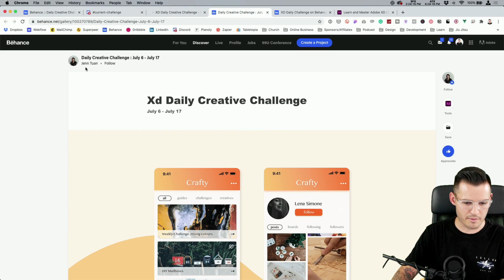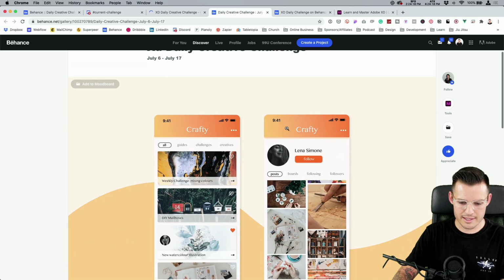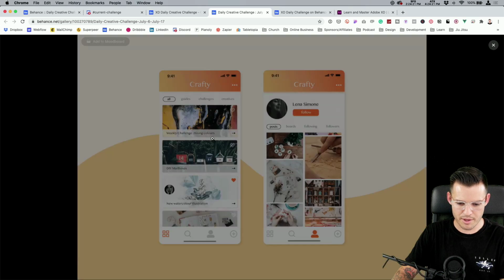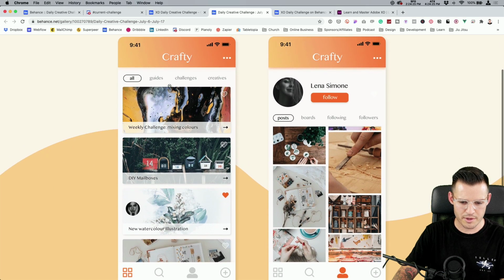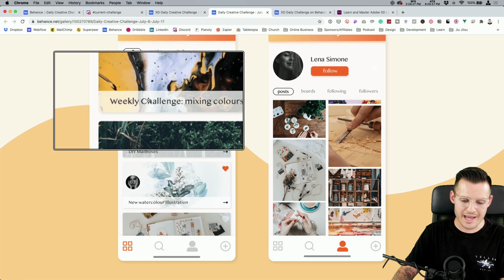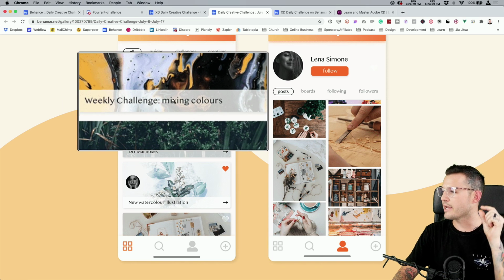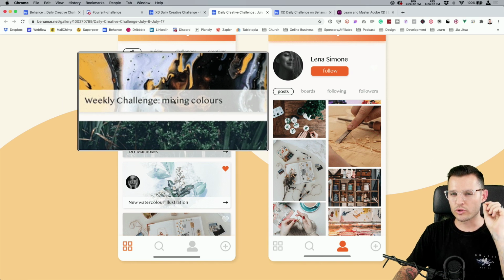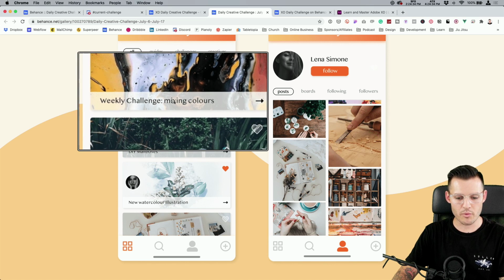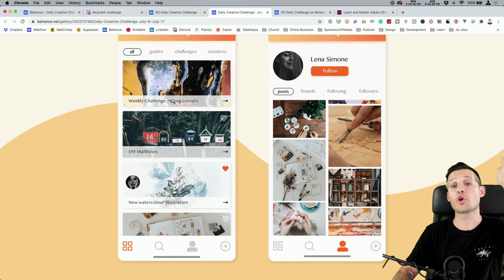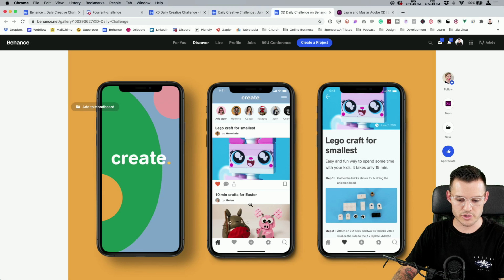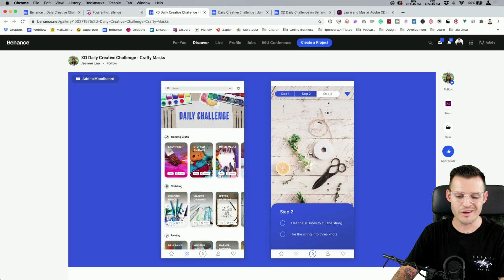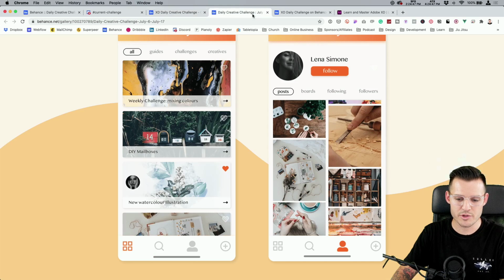This one is from Jen Tuan, and this is her version of the Crafty app. I like the colors, I like the gradient on the top. You always got to be careful when you do kind of light overlays on top of imagery. It's really about contrast and readability, so you might want to mess with that a little bit. You might want to do dark fade up, like really dark, and then do light text. That could be a thing. Or you might want to do like some of our other challenges did and just put the text down below, because you can never go wrong with that. But that was a really nice submission there.